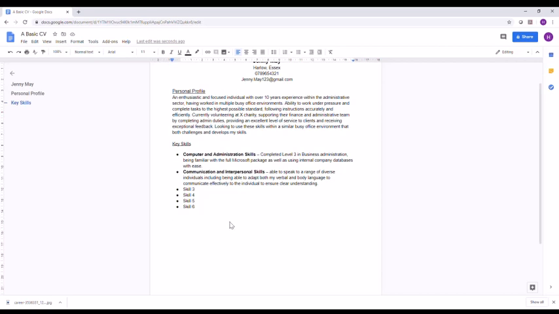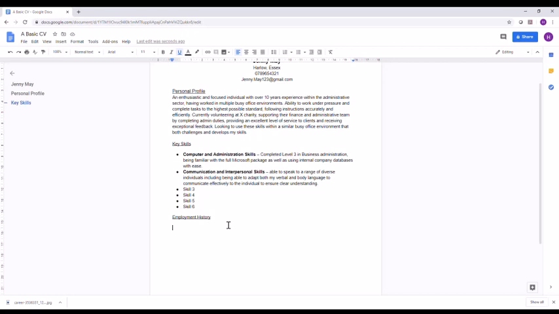Next up, we're going to add the employment history. The employment history needs to start with your most recent job role or volunteering first, and go backwards over the last 10 to 15 years, depending on how much you've got. We don't want to go over that 2-page limit, so if you're listing every single job that you've ever had within the last 15 years and it does add up, it might be worth only using those jobs that